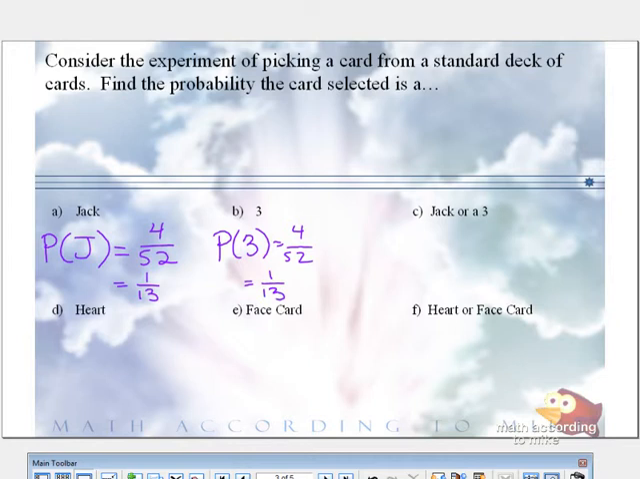Part C, jack or a 3. Well, we saw the word or before in 7.2. Actually, also 7.1, but mainly in 7.2. Or, for the most part, means addition. In this case, or does mean addition because can you pick a jack and a 3 at the same time if you're only picking one card? No. So in other words, the event of picking a jack and the event of picking a 3 are